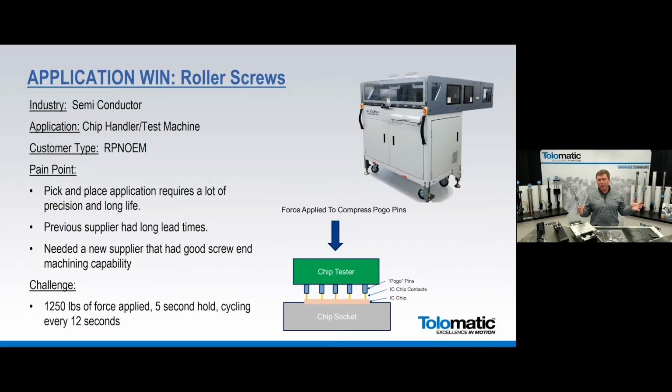And we have quite a wide variety from 15 millimeter diameter all the way up to 63 millimeter diameter. So quite the size difference. So their force capabilities are quite significant. We have about 2 or 3 leads in just about every single one of those sizes. We have the ability to machine the ends of it, et cetera. And in this case,